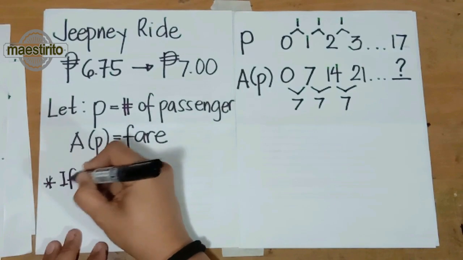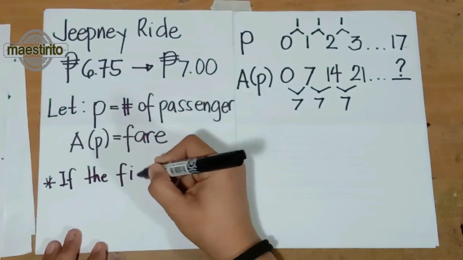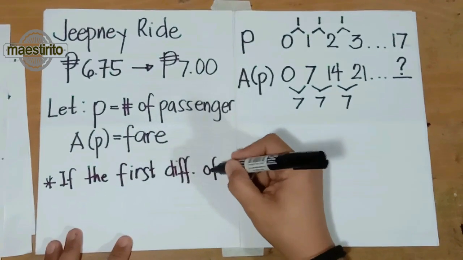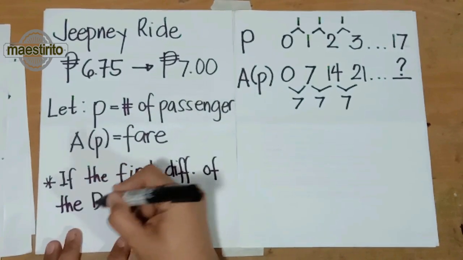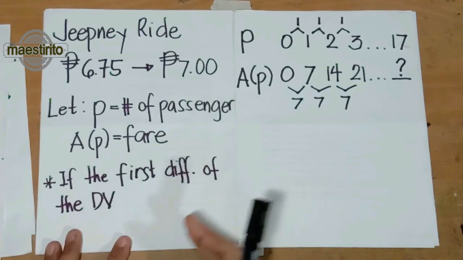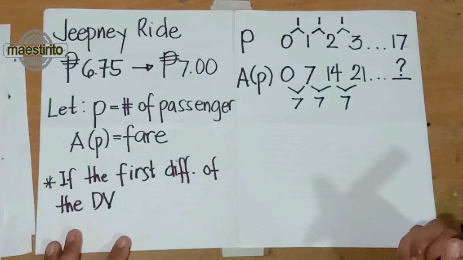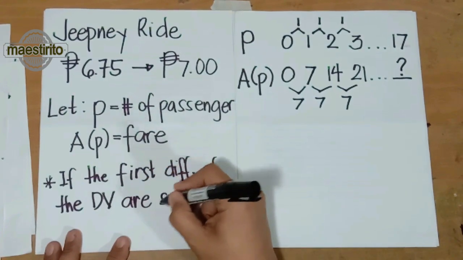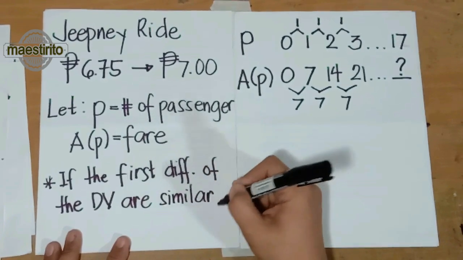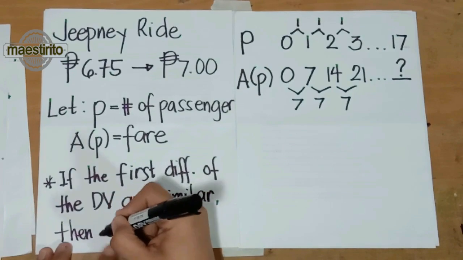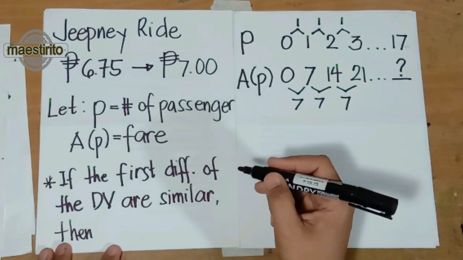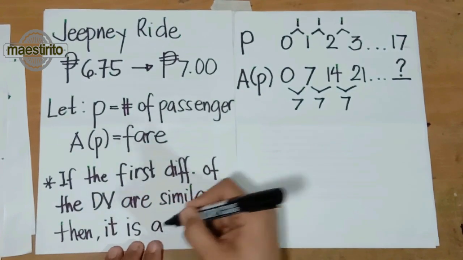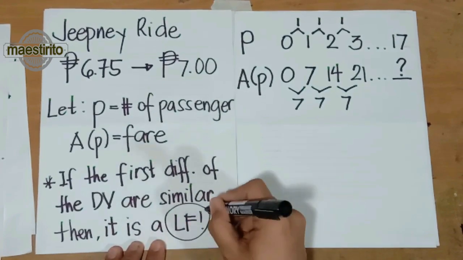If the first differences of the dependent variable are similar, then it is a linear function. Okay,